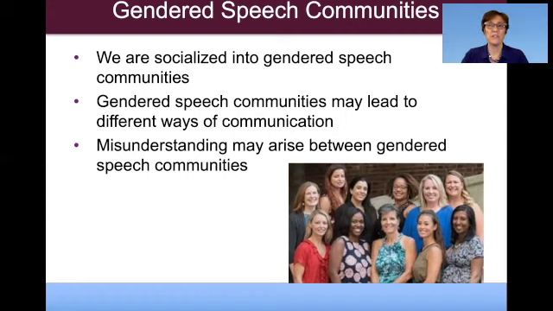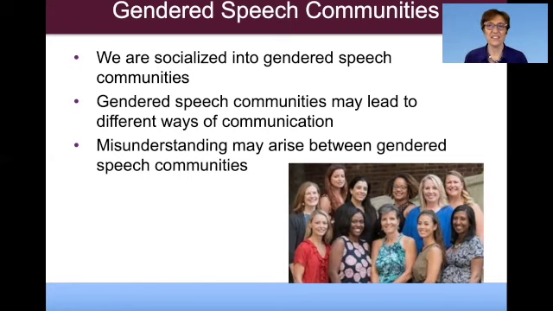So a major one that has been written about a lot is how when people start to vent about a situation, in most male speech communities, men think that what you need to do is solve the problem. The person's telling you a problem because they want a solution, and you've got to tell the person how to solve it. And in a lot of women's speech communities, I'm not going to say all of them, when women talk about a problem, they're just trying to get their feelings out and they want to be understood. They don't want you to solve it. They just want to feel connection, right?